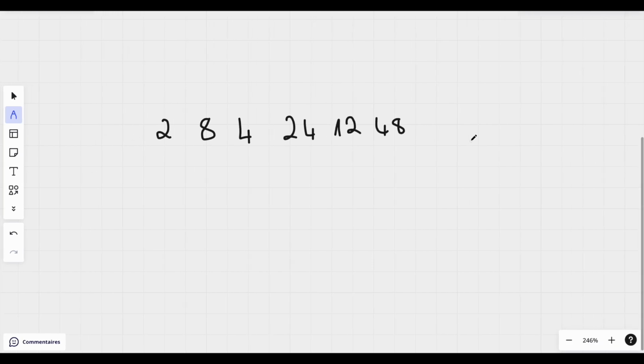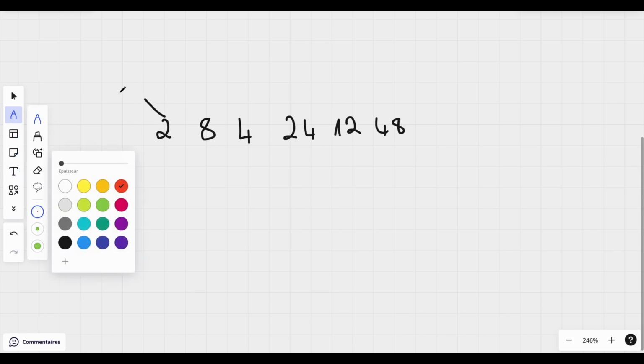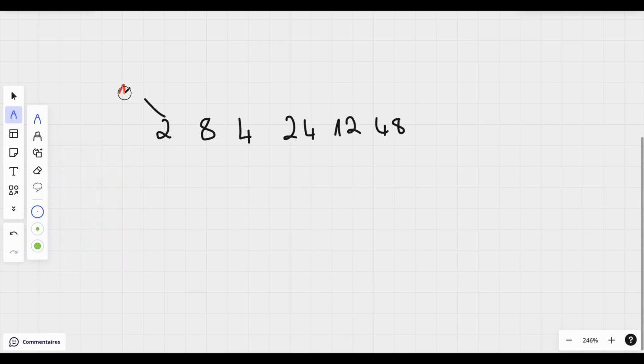So let's say this is an array. Let me take the red one. The binary representation of 2 is 1, 0. The binary representation of 8 is 1, 0, 0, 0. And the binary representation of 4 is 1, 0, 0. So those three elements have the same number of set bits. So this is a separate group whose elements can be swapped into each other. But this one is actually